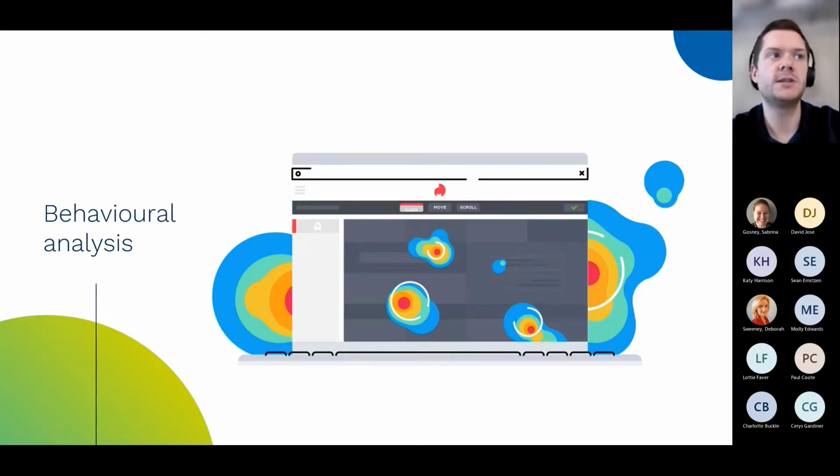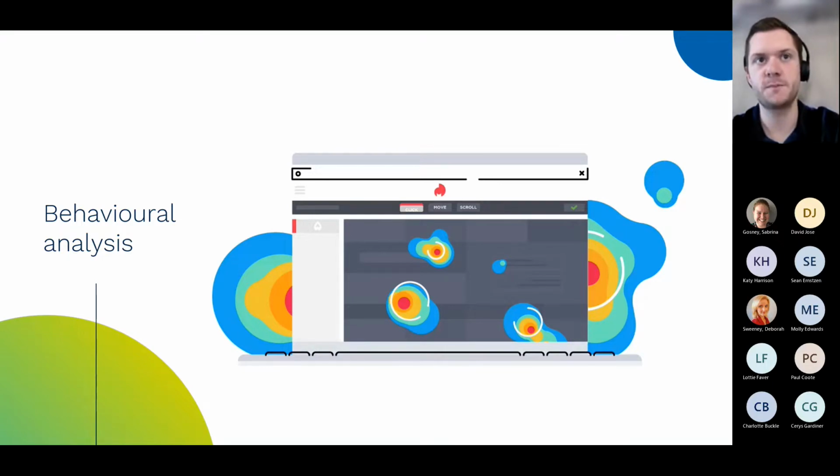Second useful element of Hotjar, Microsoft Clarity, etc., is the heat mapping. So you can see here the red dots surrounded by orange, yellow, turquoise, and then blue. The darker and the redder the radius, the more it's clicked. So we can understand, from a very top level quantitative data point of view, what are the most clicked sections on our website, which then tells us the most popular pages. How do we then start to make changes to our website to improve or optimize what people are clicking?